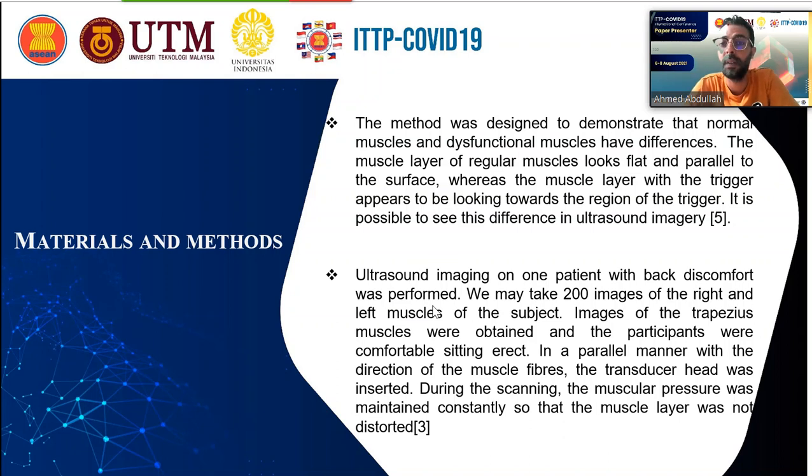The method was designed to demonstrate that normal muscle and dysfunctional muscle have differences. The muscle layer of regular muscle looks flat and parallel to the surface, whereas the muscle layer with the trigger appears to be looking towards the region of the trigger. It is possible to see these differences in ultrasound imaging. Then,